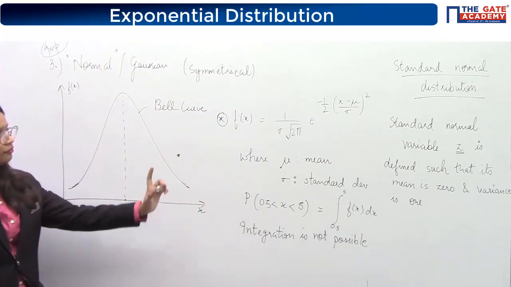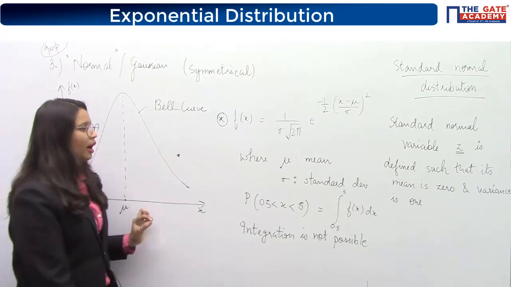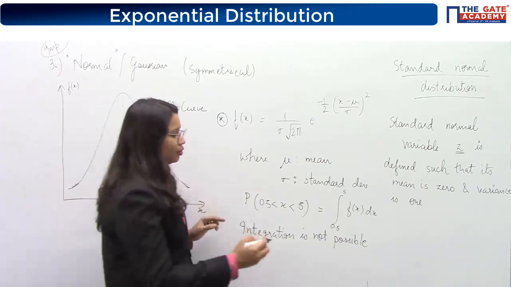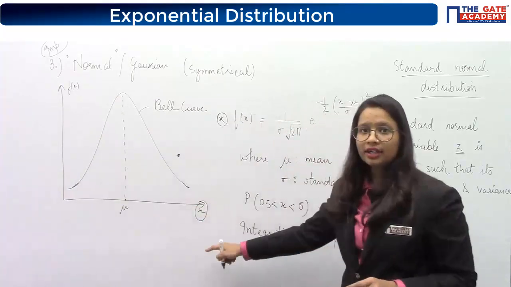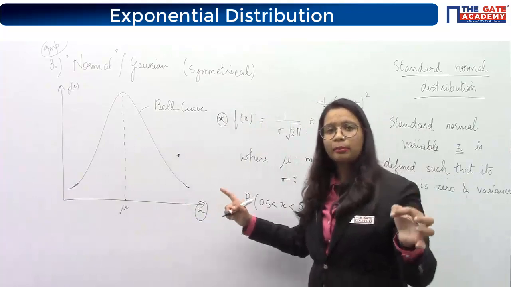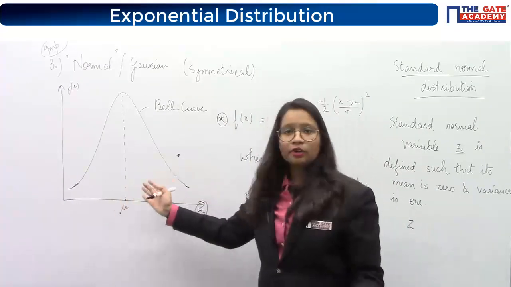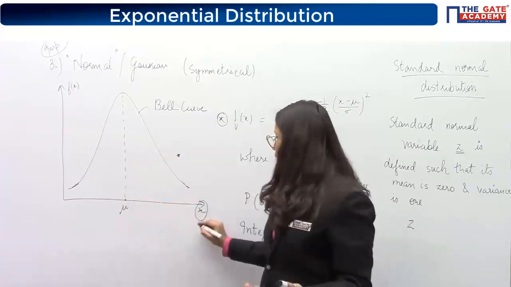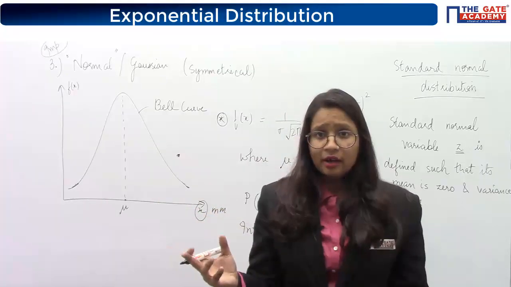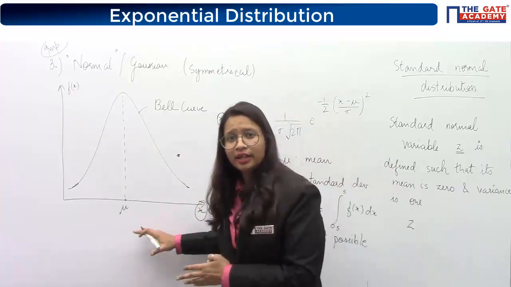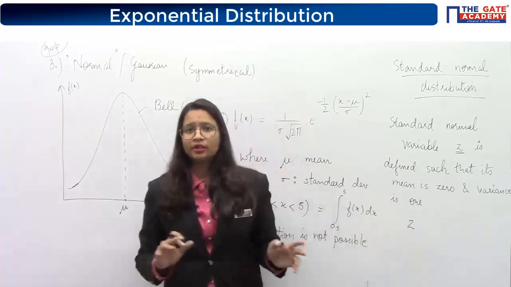Okay, so you will define a standard normal variable z in such a way that its mean becomes 0 and variance is 1. So what are we trying to do? We are converting every value x, which can be anything like the number of students qualifying GATE exam, or the number of people in an economy, or the amount of rainfall, or the temperature. It can be anything. But we are converting this x variable into z variable so that we can find out a relationship.